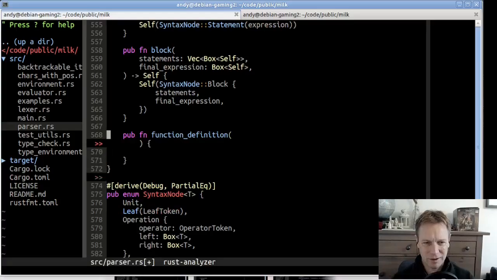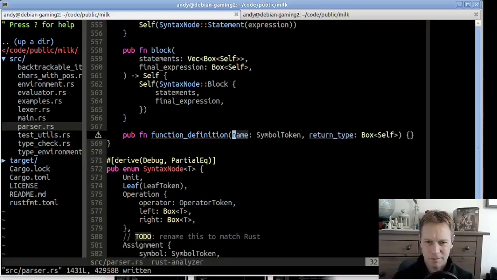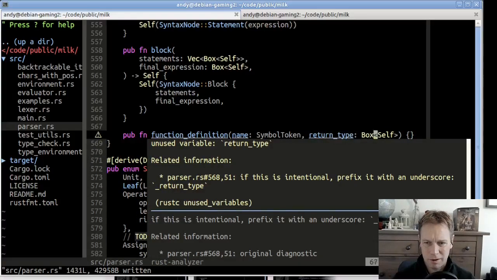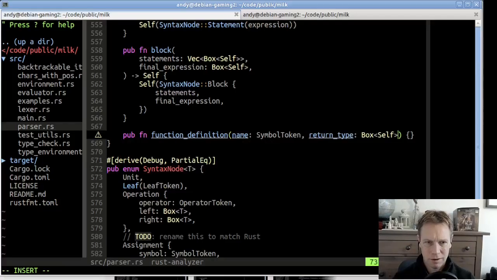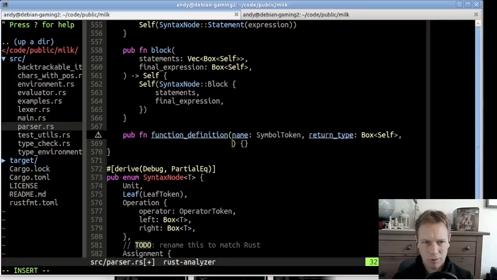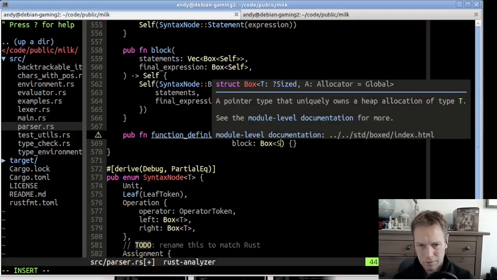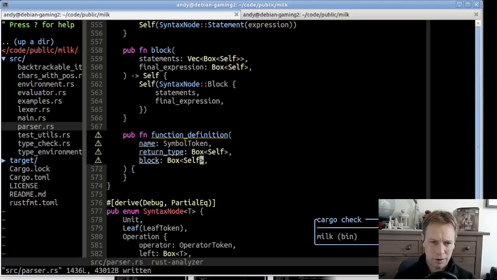Apologies if that confused you. Yeah. So it takes a name and a return type, and I guess we'll just call it block, which is going to be another box of self. I guess we're going to, like, if the wrong type of syntax tree is passed in,